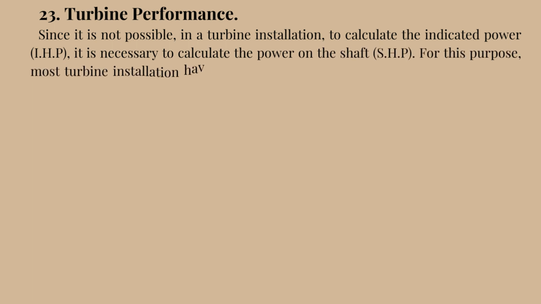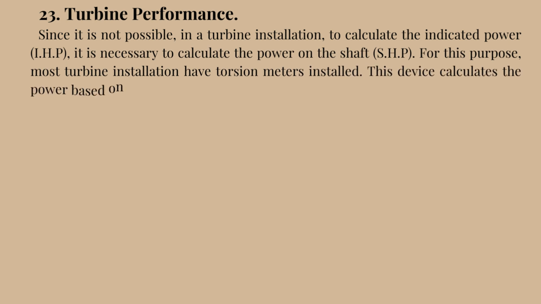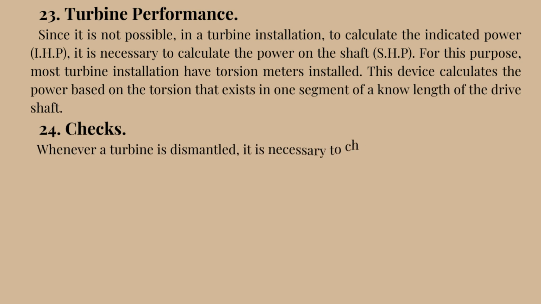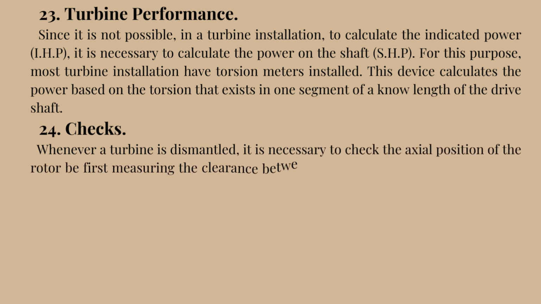For this purpose, most turbine installations have torsion meters installed. This device calculates the power based on the torsion that exists in one segment of known length of the drive shaft. 24. Checks. Whenever a turbine is dismantled, it is necessary to check the axial position of the rotor